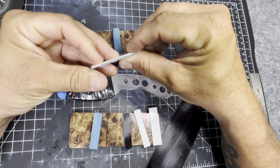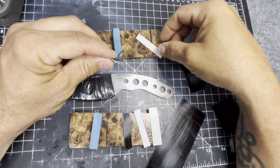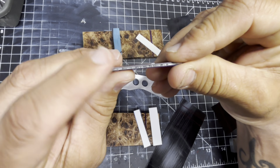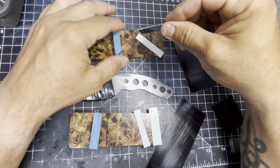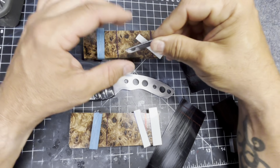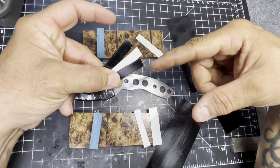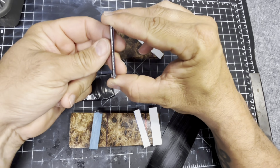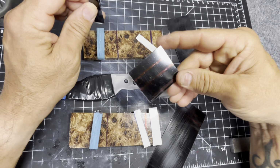So on this one, I'm cutting these little pieces of G10. I'm going to do a little liner between this poplar burl and the Jumagem. I'm in the middle of cutting all these little pieces out, and I need more of the black, so I'm going to have to cut a bunch more out. I think I need 6 more little pieces of this, so that's why I have some of this laid out, and I have this little piece that I need to cut a bunch of little strips